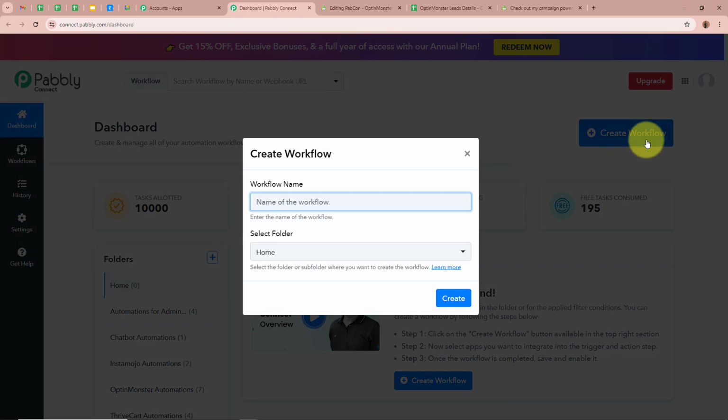A new dialog box is then going to appear, which is asking for a workflow name. So I'm going to give a name to my workflow as Add OptinMonster Leads in Google Sheets. So this is the name that I want to give to my workflow. After that, it is asking for us to select a folder. So on the left side of my screen, you can see I've created multiple folders in my Pabbly Connect account,